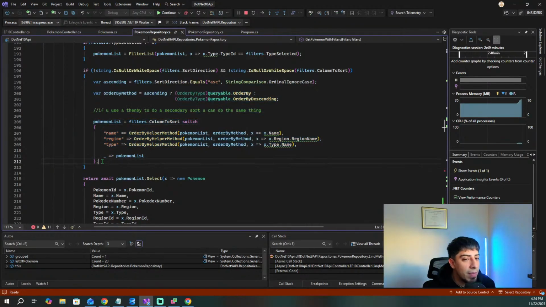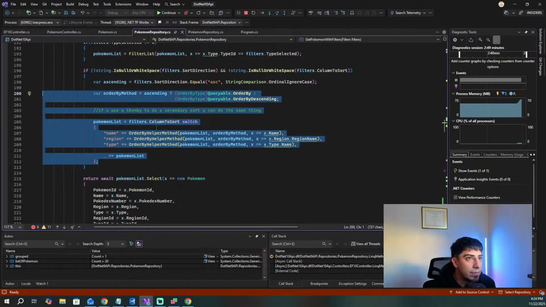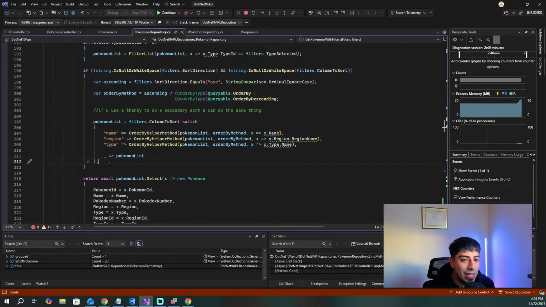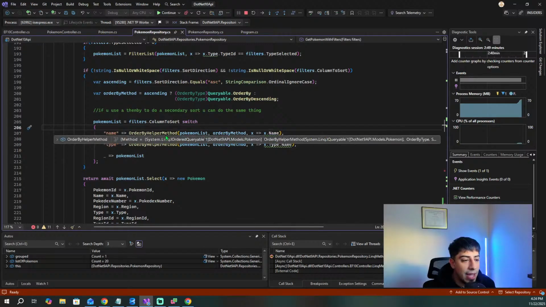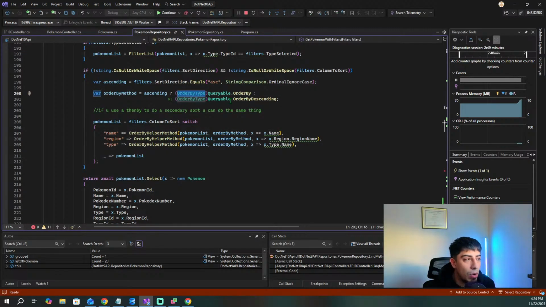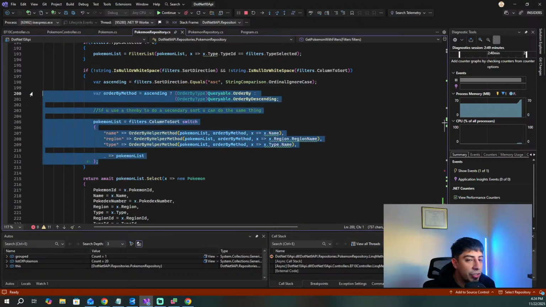But yes, I do find myself, more than maybe the last 2 years, using one of the chatbots just for assistance. Because I'll be like, hey, my delegate isn't actually giving me back the order by that I want for some reason. So for more specific situations, where it's very specific code that I don't think there's going to be a random article about,